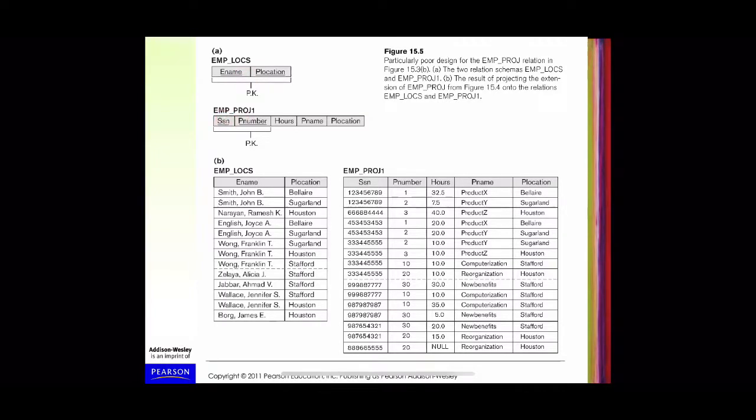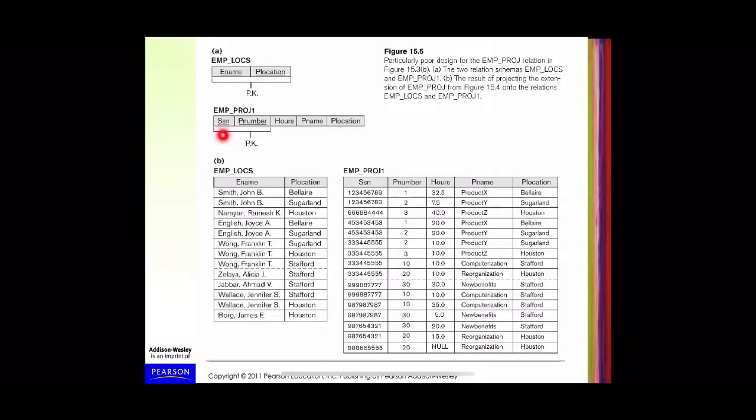To avoid this redundancy, thereby we can remove all those anomalies present. So for the employee locations relation, the meaning is that the employee whose name is e-name works on a project whose location is project location, P location, right? So these two together form the primary key for this relation.